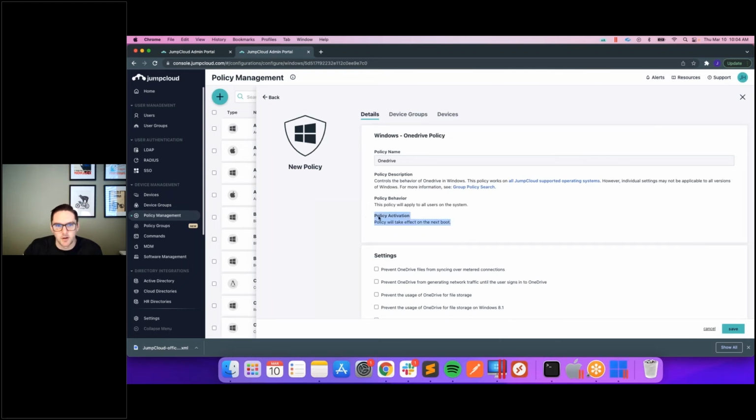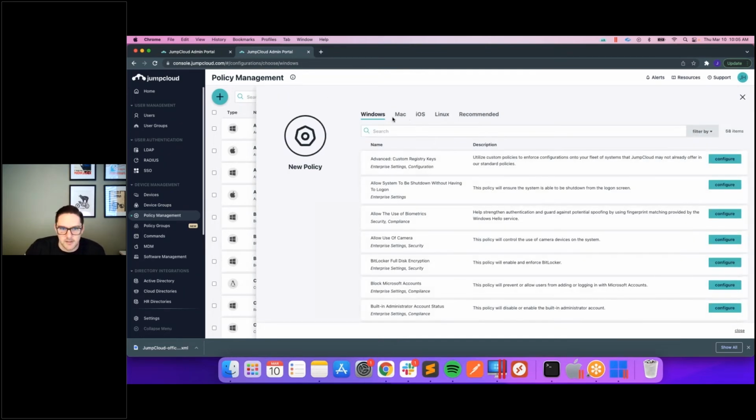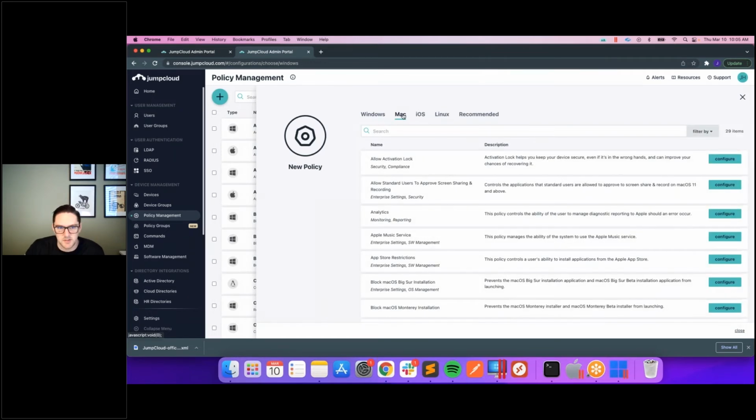A lot of these policies do require a reboot, a restart, for them to take effect. So pay attention to that when you're setting these up. You can see the description, behavior, and how it gets activated or when it'll be enforced next. That's an important thing to note. Obviously, these are filtered by operating system. So if you want to look at Mac specific things here,